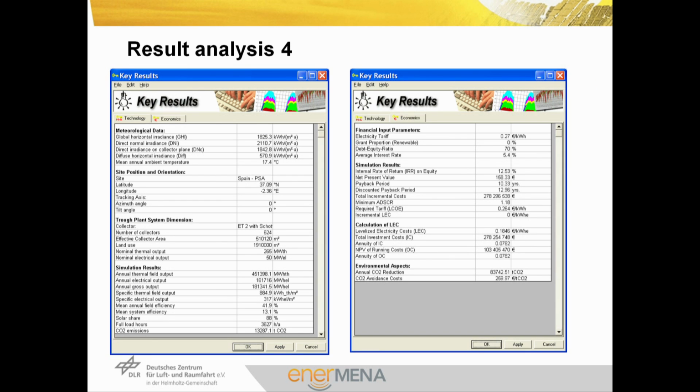Furthermore, the key results are shown in a special output window. It's just a summary of the most important input and output data. So here the meteorological data, the site position and orientation, the solar field dimension, and then some selected simulation results. The same is valid for key financial results: financial input parameters, simulation results, and calculated levelized electricity costs and